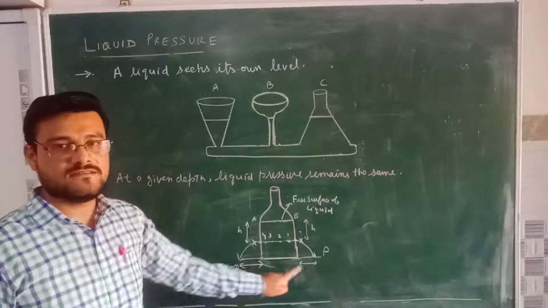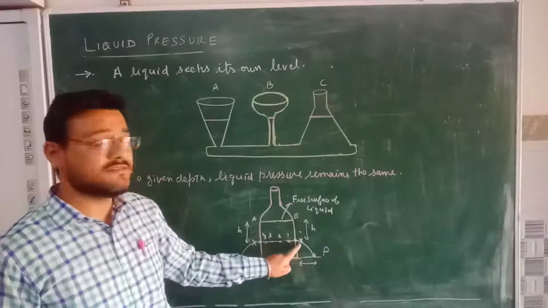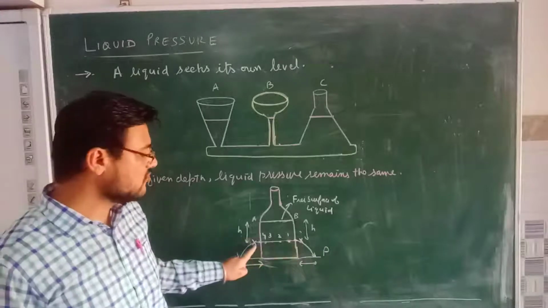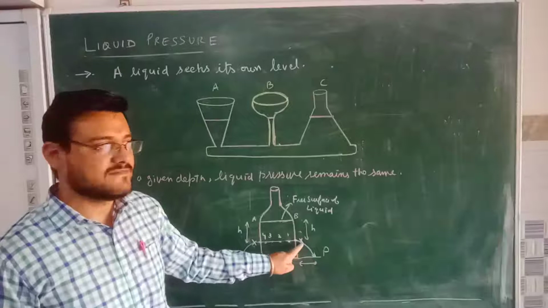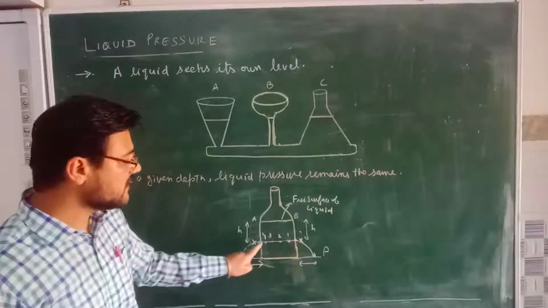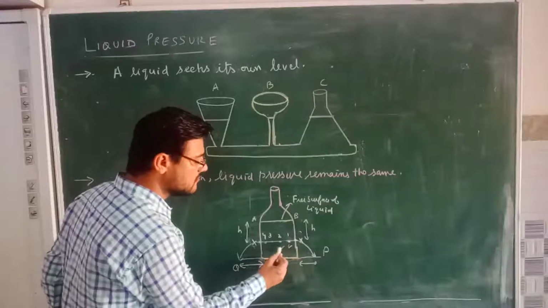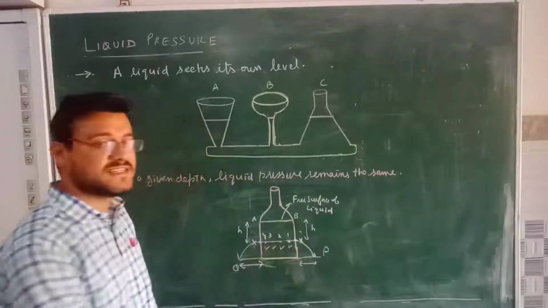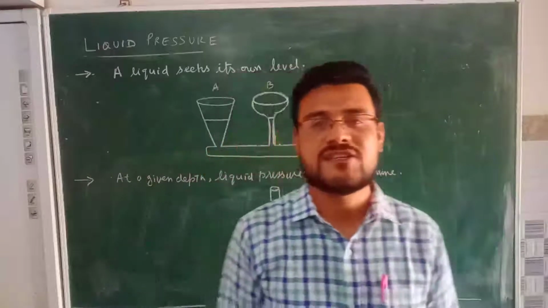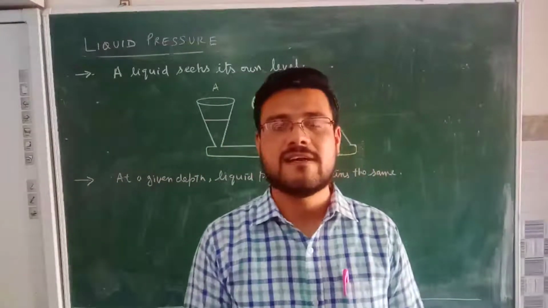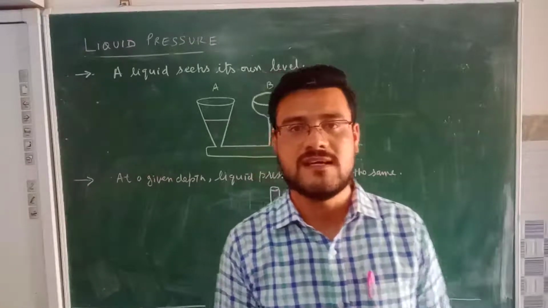Why will this distance be the same? Because the pressure of the liquid at this point and this point will be the same. Why? Because both points are at the same depth below the free surface of the liquid. This is true not only for the points X and X, but also for points 1, 2, 3 and 4. So using this simple activity, we can easily prove that the pressure of a liquid at a certain depth, at all points and in any direction, is always the same.